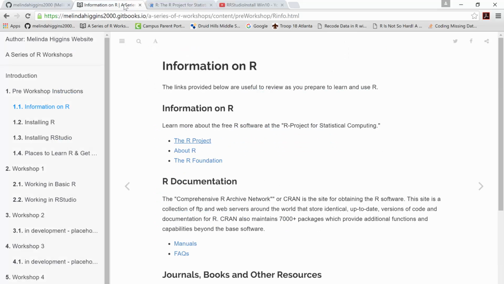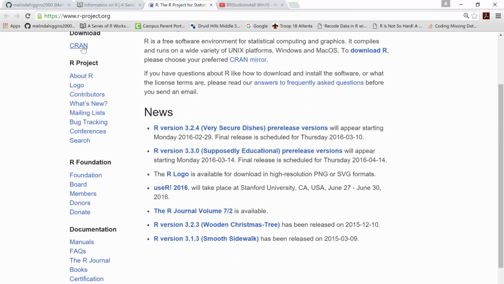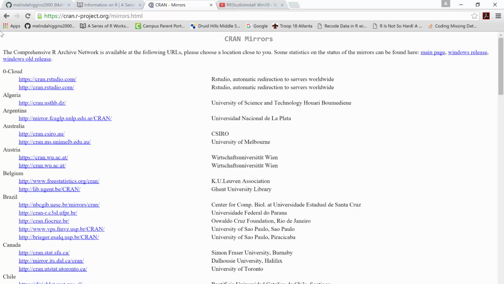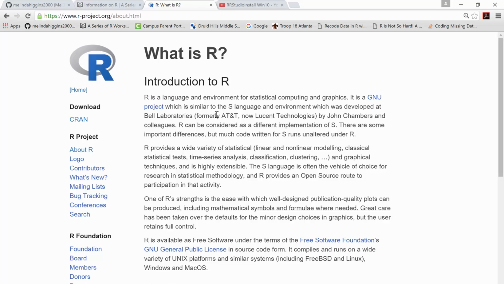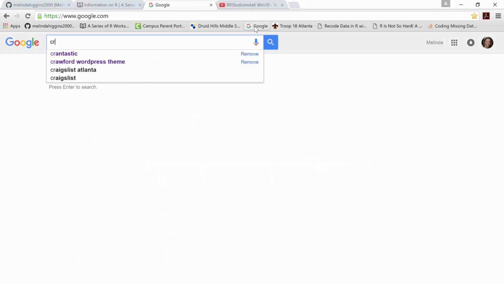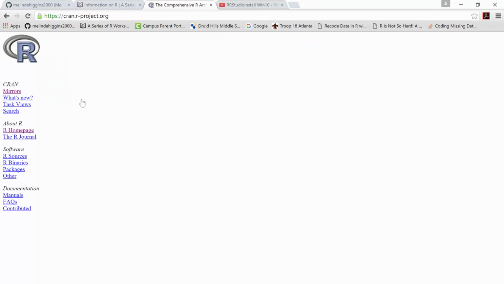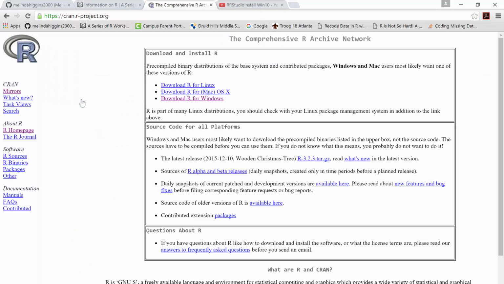That said, the CRAN project. So if I come down here, when you click on about, let's see, not the R Foundation. All right, sorry. If I actually click on, oh, that's the mirror. Hold on. Where's the actual? I don't think that takes you to CRAN though. I was trying to, hold on, I can just Google it. So this is actually, and this is in the little installation video, where you go